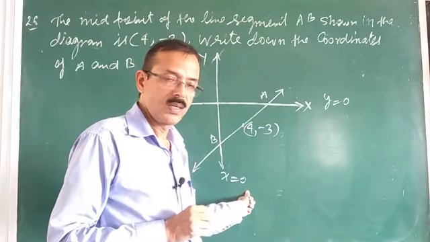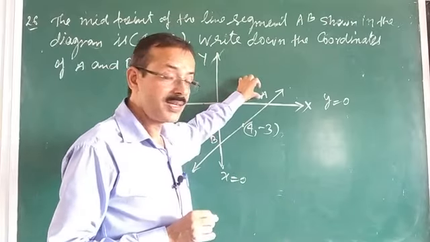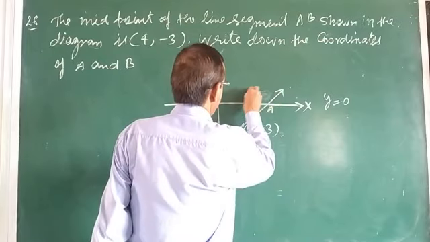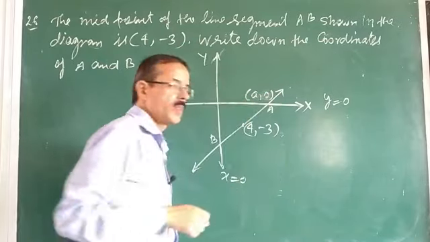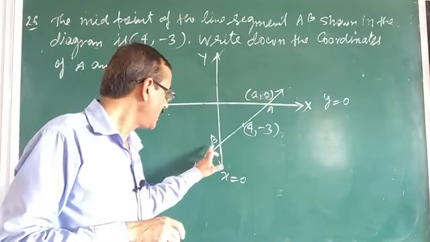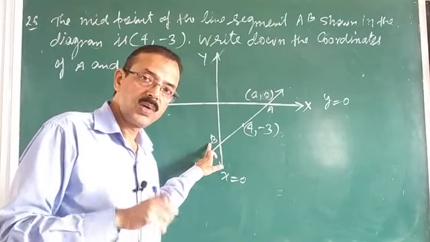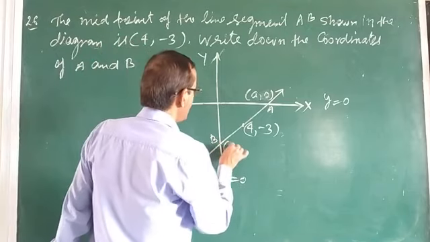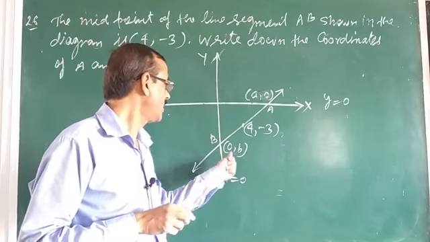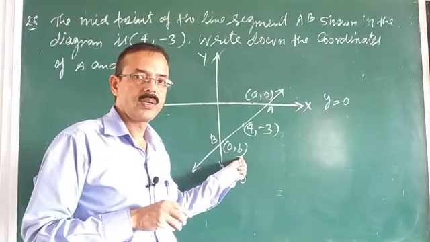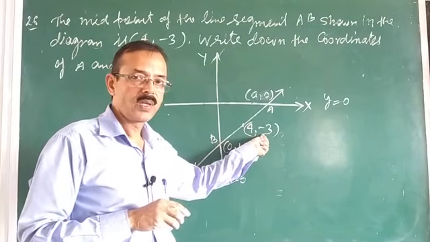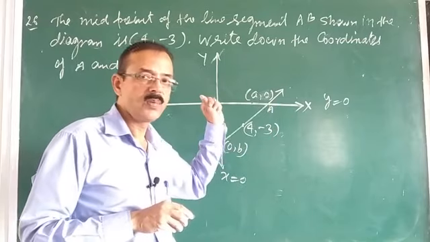Okay? Now what can be considered the coordinate here of A? This is A. Let this be A, 0. Why? x will not be 0, y will be 0. But here x will be 0 but y will not be 0. So let this coordinate be 0 comma B. We have taken the coordinates of A as (A, 0) and B as (0, B). Midpoint given is 4, minus 3. So by using this midpoint, we have to find the value of A and the value of B.